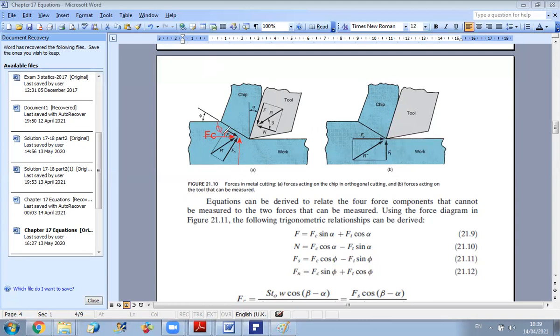When you project Fc and Ft along the Fs line, this is the Fs line, you have a positive component along Fs. This is why Fs will be equal to Fc cosine phi, while the thrust component, if you project it, will have a negative projection, because when you do this projection on